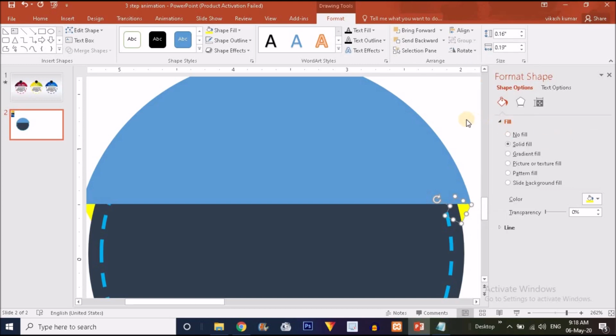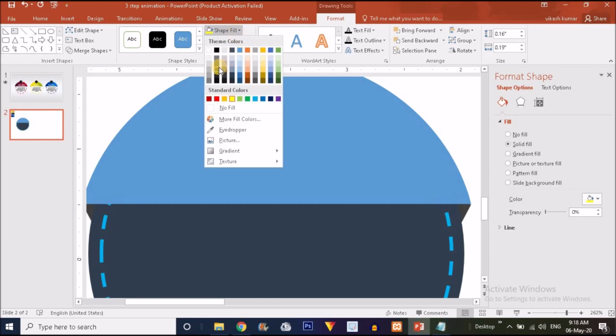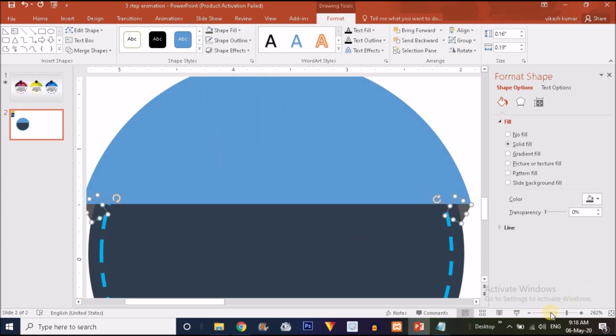Now I'm going to change the color of these two shapes, choosing the shape fill slightly like this one, and that's it.